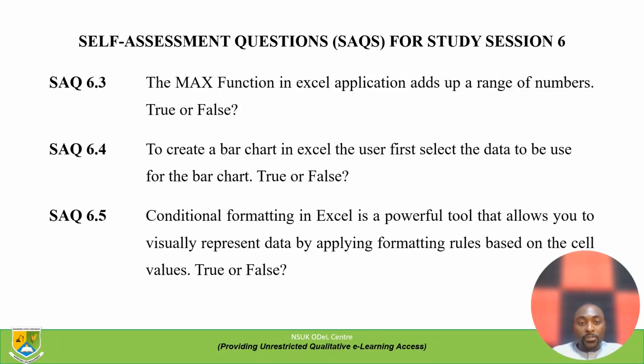SAQ 6.3. The max function in Excel application adds up a range of numbers, true or false. SAQ 6.4. To create a bar chart in Excel, the user first selects the data to be used for the bar chart, true or false. SAQ 6.5. Conditional formatting in Excel is a powerful tool that allows you to visually represent data by applying formatting rules based on the cell values, true or